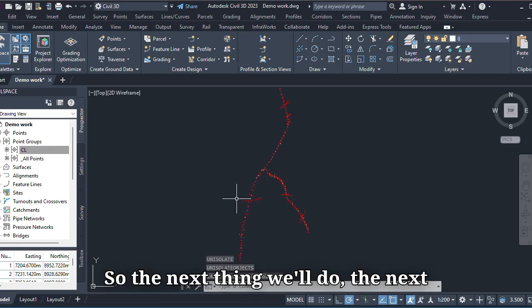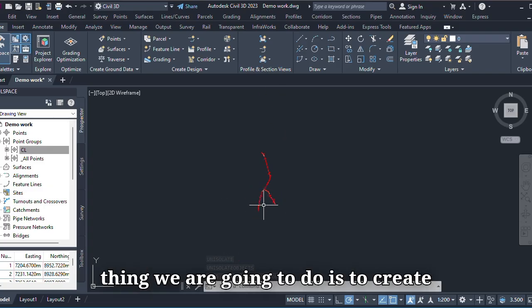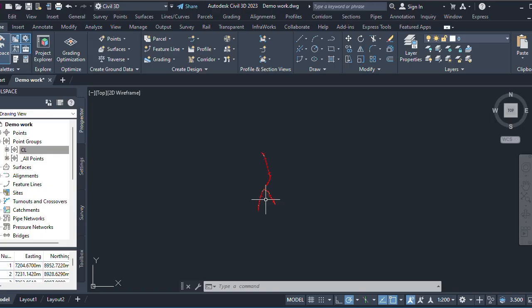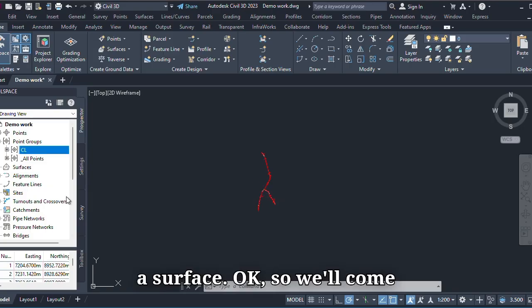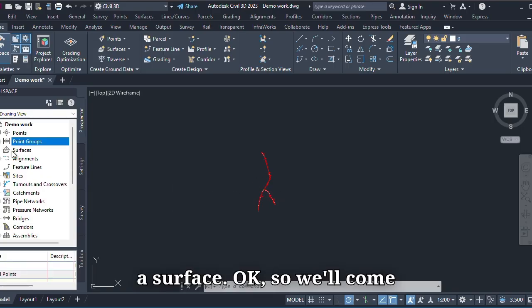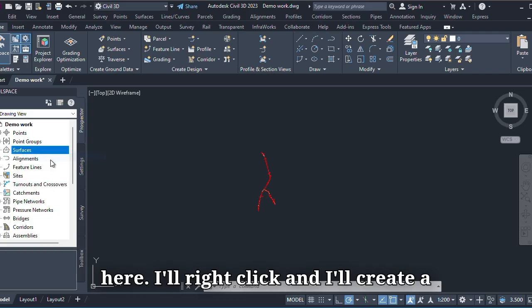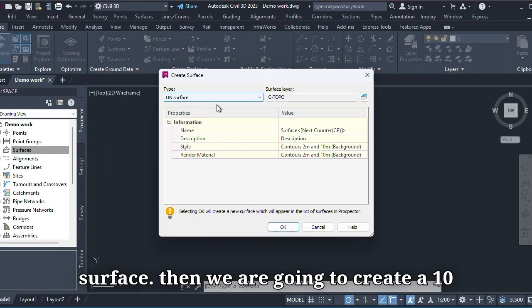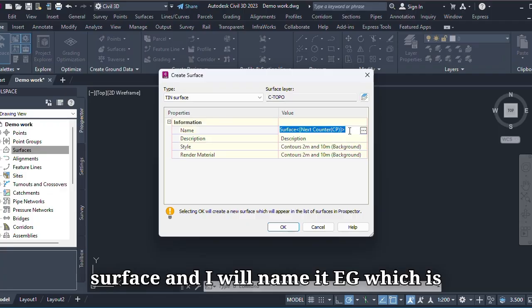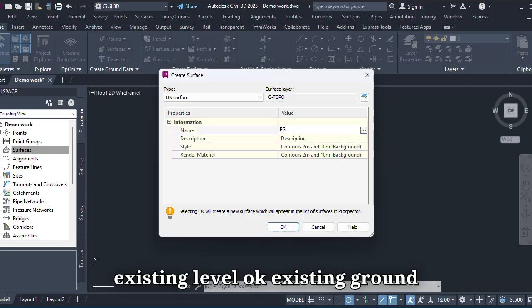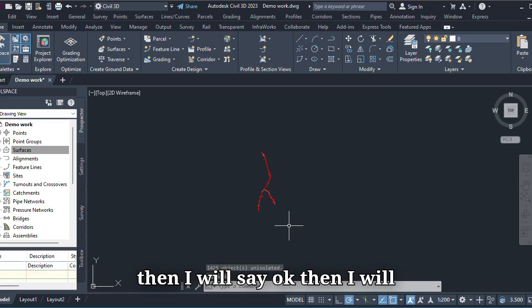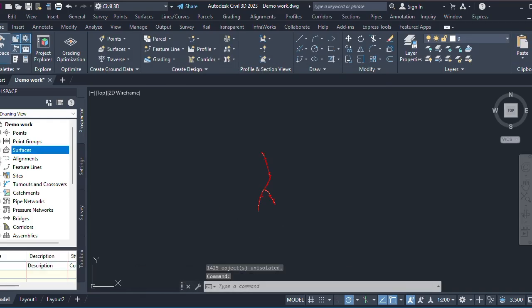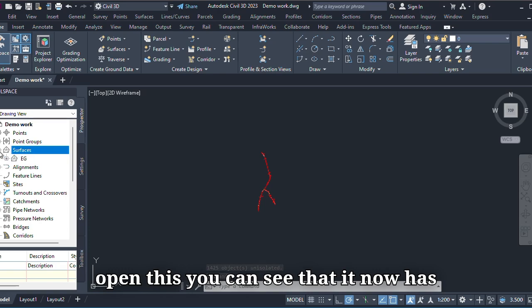All right. So the next thing we are going to do is to create a surface. So we'll come here, I'll right click and I'll create a surface. Then we are going to create a TIN surface. Then I'll name it EG, which is the existing ground. Then I'll say okay. Then I will open this. You can see that it now has